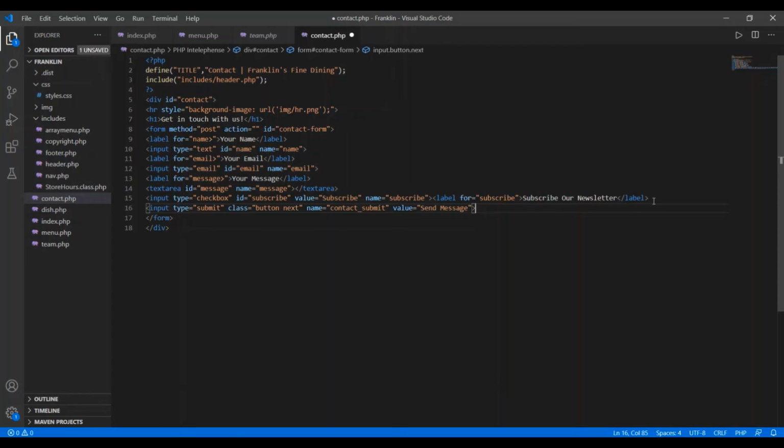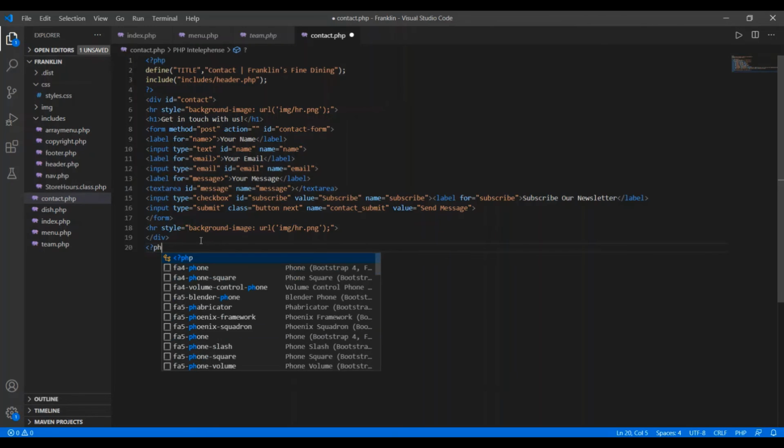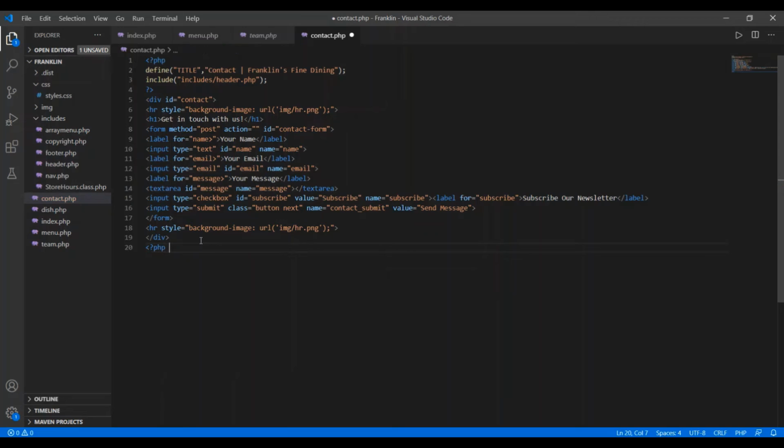So after that we have to close the form, and once the form is closed, here after that I have to add the horizontal line. So for this I'm using Control C, and here I paste this, and after this tag I just wanted to include the footer.